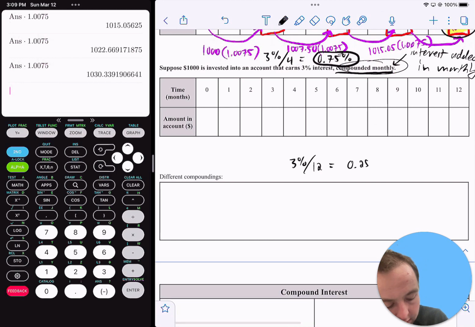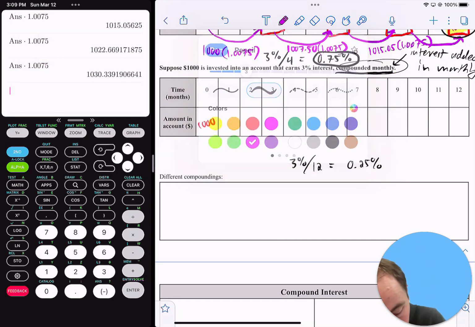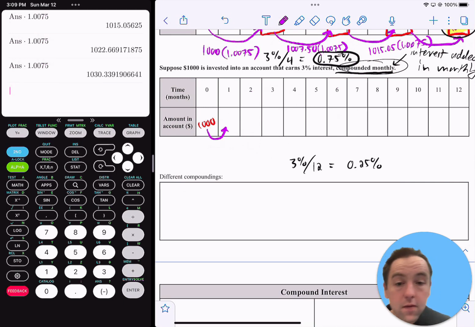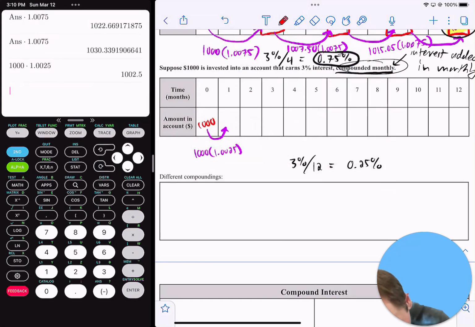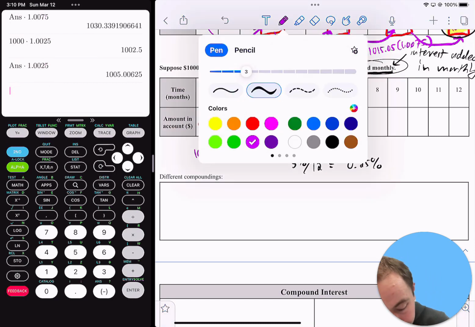And what you end up getting then is a 0.25% increase each month. So if we start with our $1,000 principal, we're going to increase it directly in that first month by 100.25%. If you take your $1,000 and make it become 100.25% of itself, we end up with a balance of $1,002.50. Then we take that most recent balance of $1,002.50 and multiply it by 1.0025, and that's going to give you